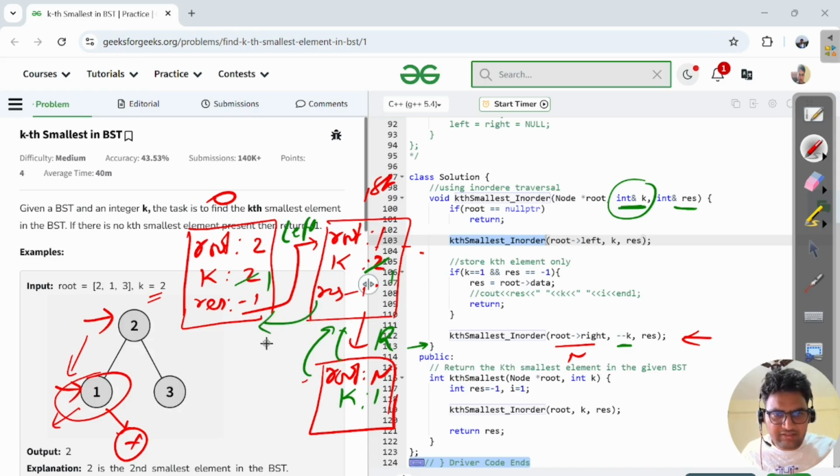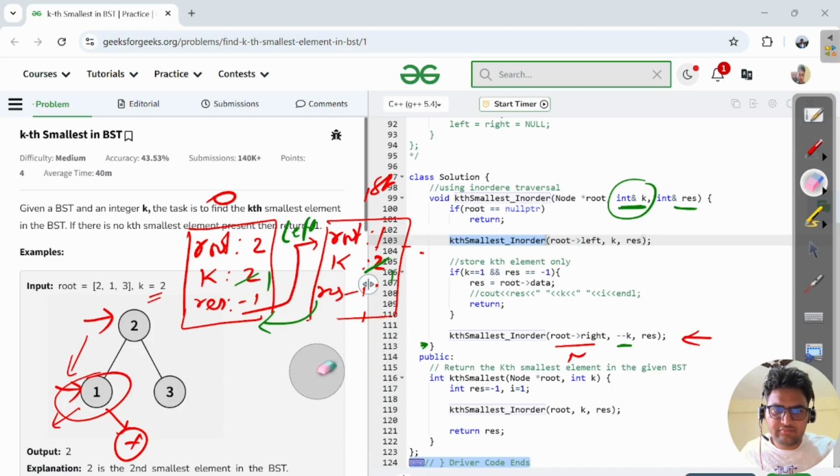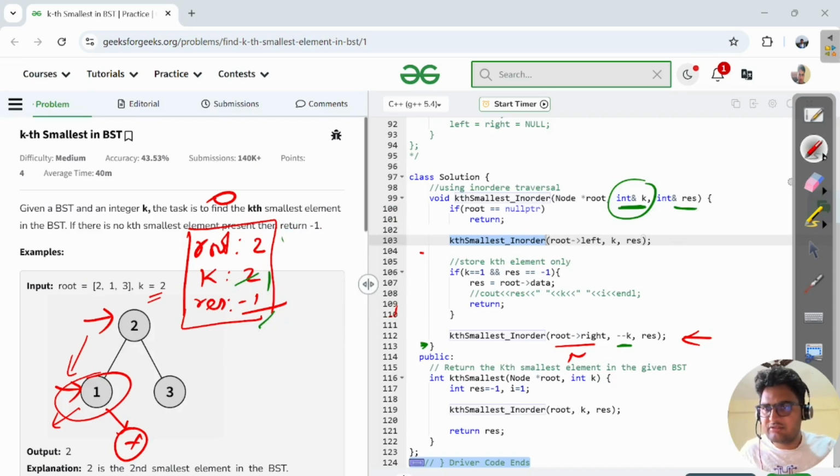So it will go here on the root, correct? So now let me clear this one. I hope you are getting it, right? This one, then it will also be cleared here, right? So now